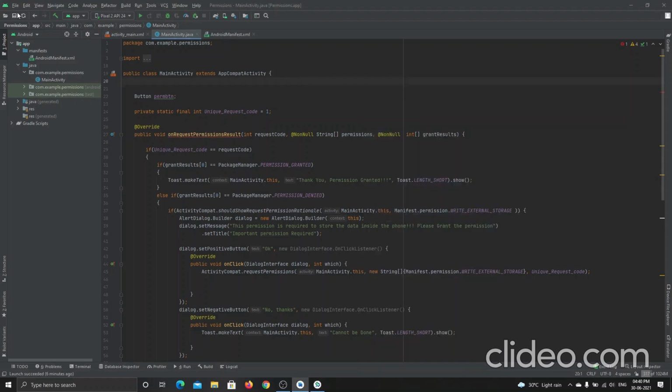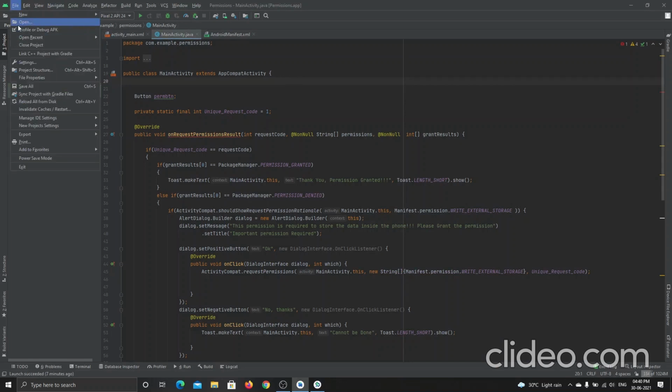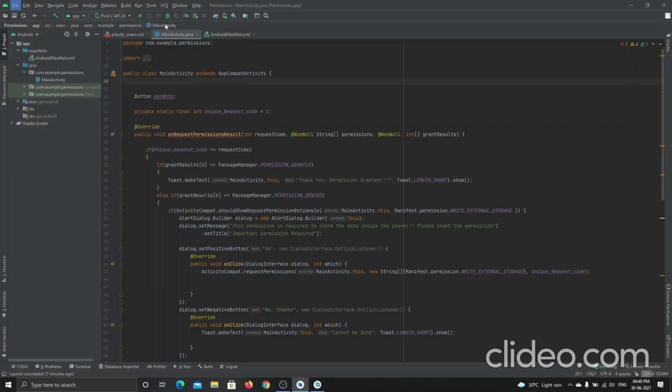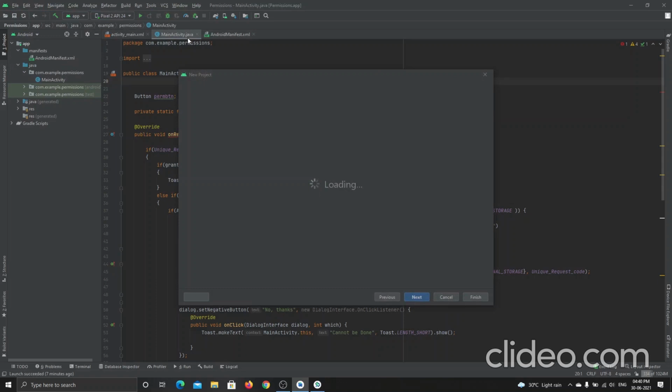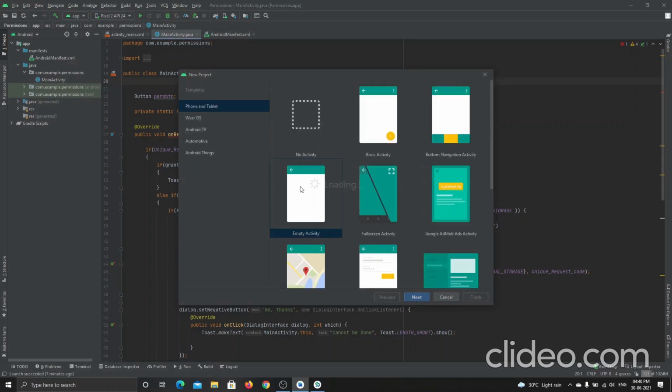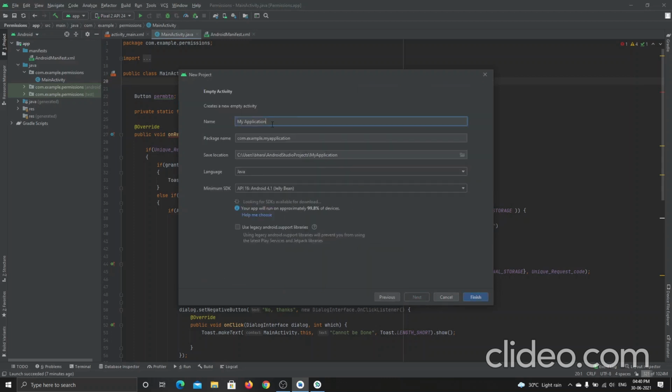I will just go into this file, and I will create a new project, and I will select this empty activity and click on next, and let the application name be widget example.